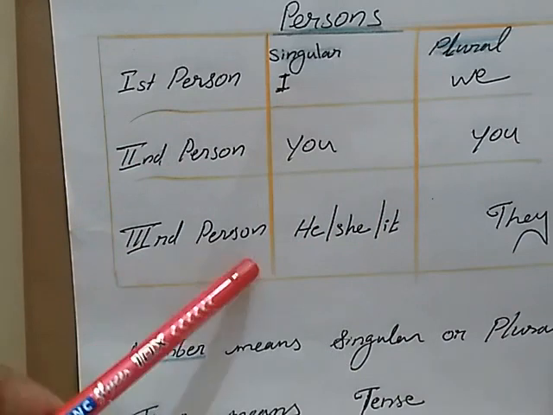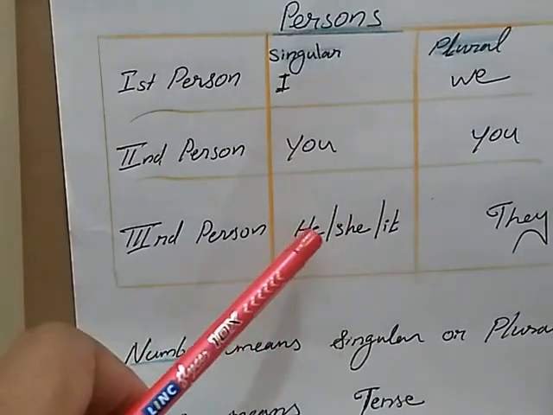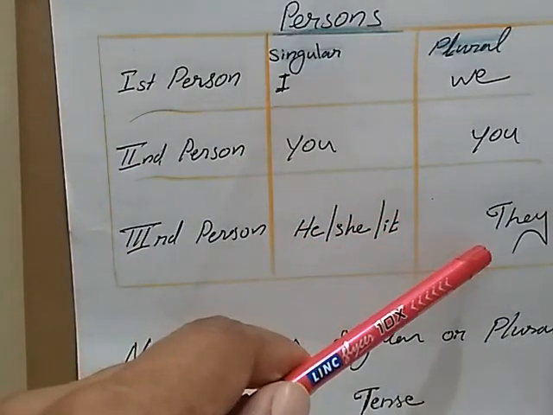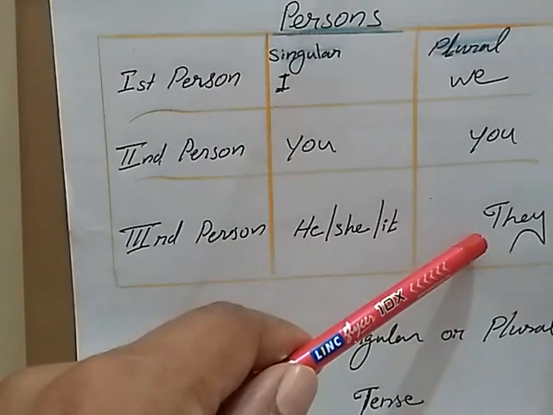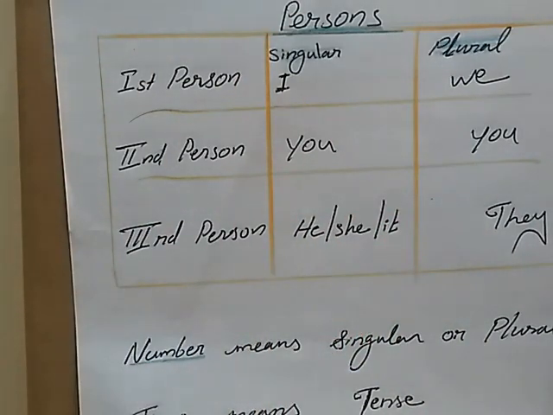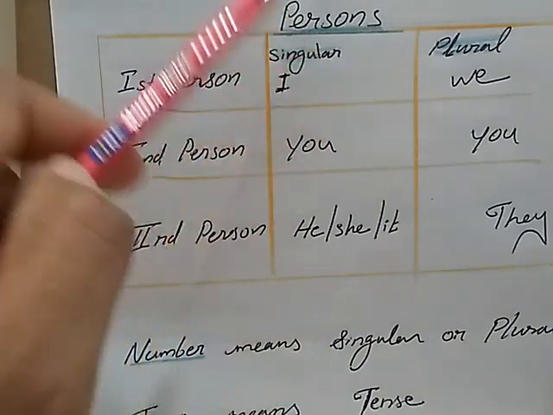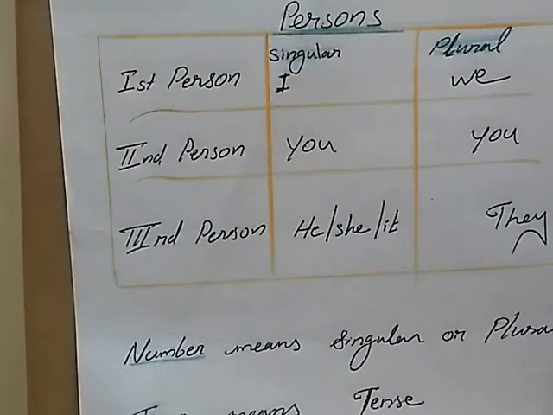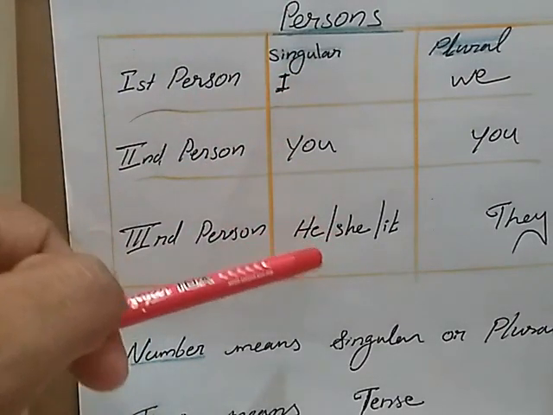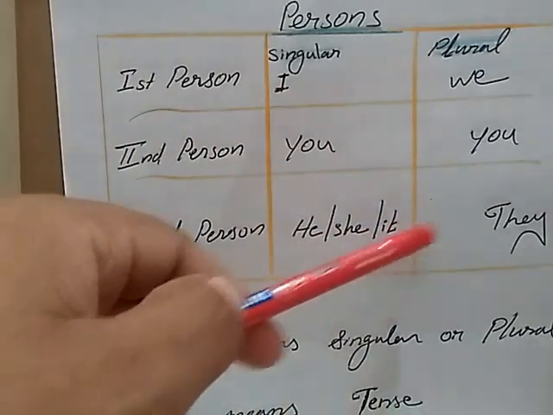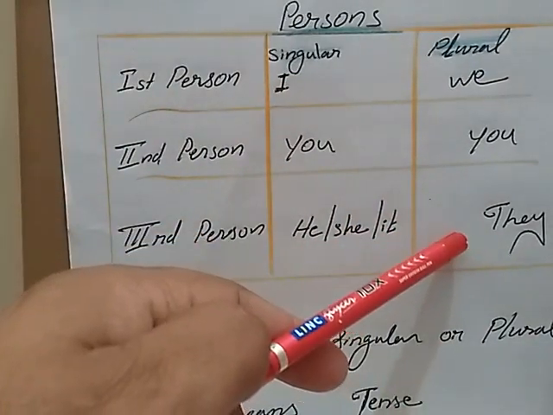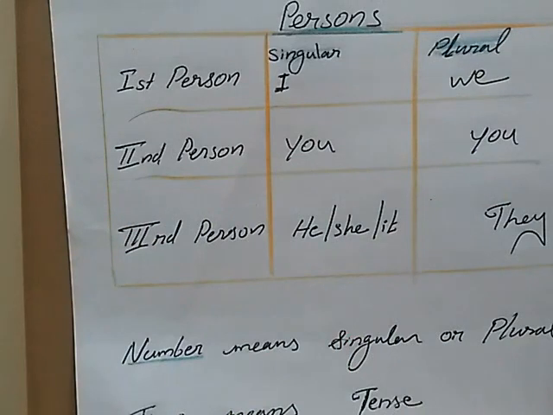And the third person, he, she, it. Singular form is he, she, it. And the plural one is they. The person spoken of. You and I may be speaking about another person. They are called third person, he, she, it, and the plural form is they. And some examples are also given there in the text. I am here. You are wise. She is pretty.